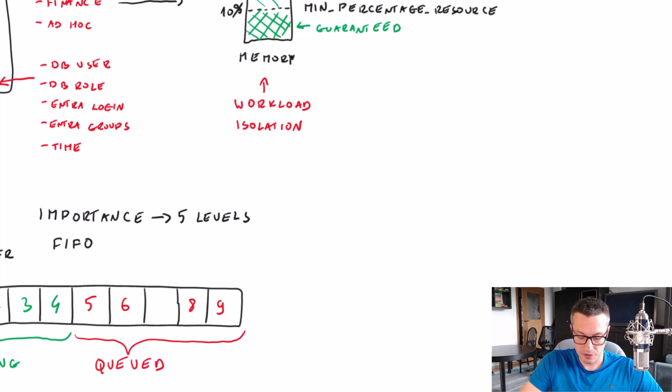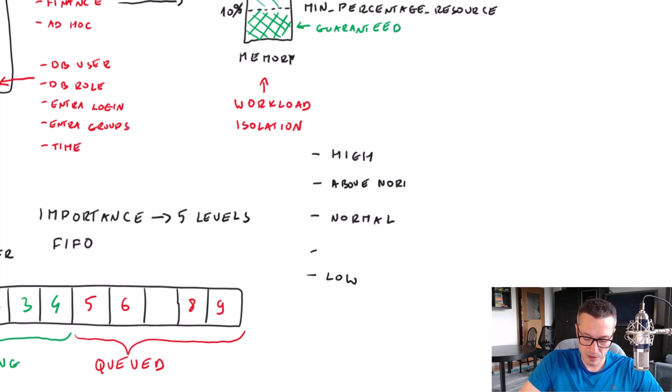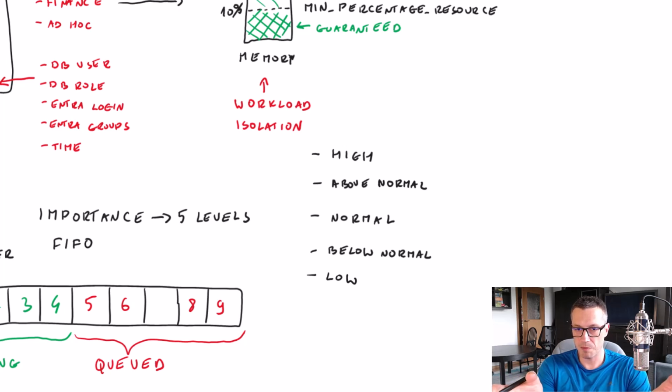And they are as follows. In the middle we've got normal, the default one. Then we've got high. We've got low. And we've got the ones in the middle, like above normal, and the last one is below normal. And simply by using one of those importance levels, you can have impact on the way which query is executed